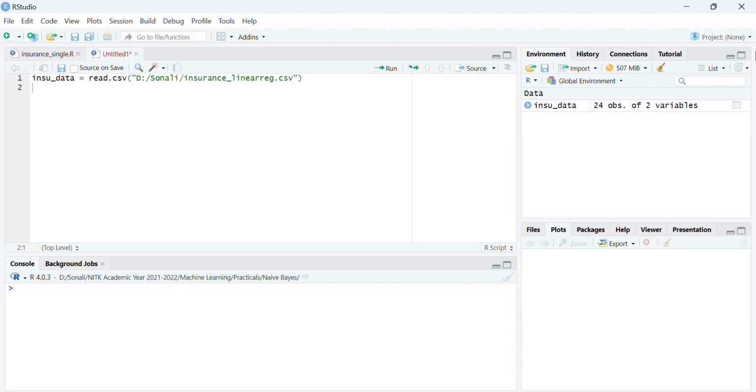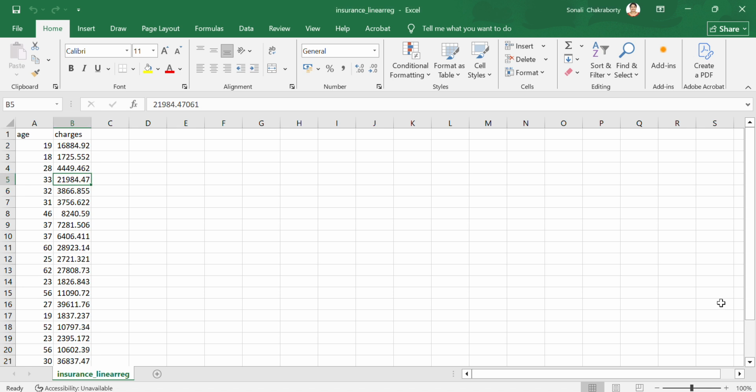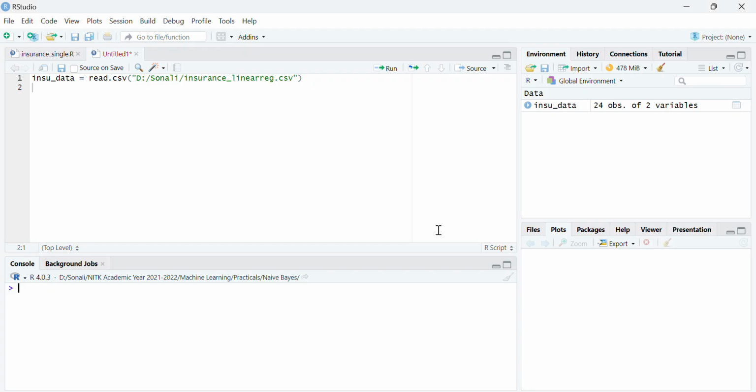In this video, I am going to demonstrate a linear regression model with single variable. So let us get started and first have a look at the data. Since it is a linear regression with single variable, there will be one independent variable and one dependent variable. So let's say this is an insurance premium data where the charges of the insurance premium depends on the age of the person. So here charges is a dependent variable and age is an independent variable, right? So based on that, let's get started.